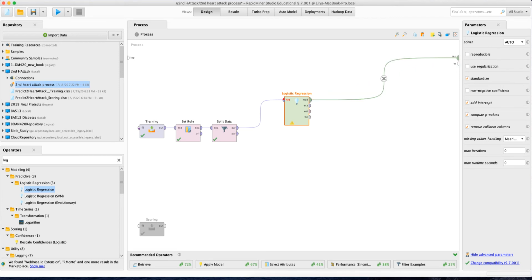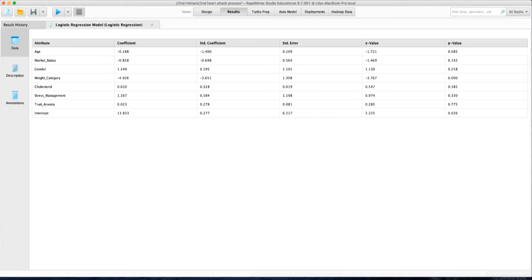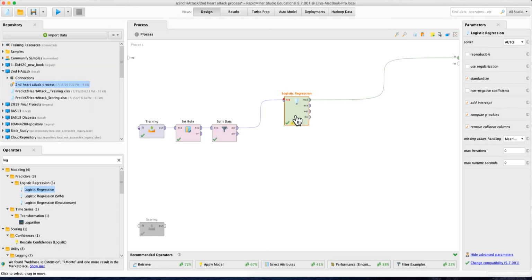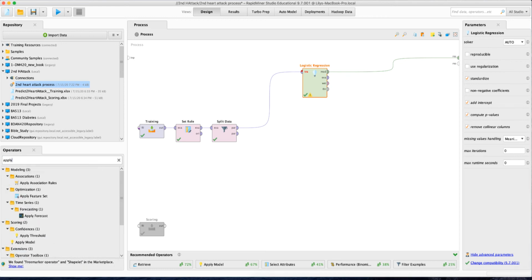Select it over here. Let me run, and it created a model for us. This model, again, this is a logistic model based on the probability. So this is the model. Now we're gonna apply this model on the testing data. So we're gonna use apply. Okay, so let's bring apply model,